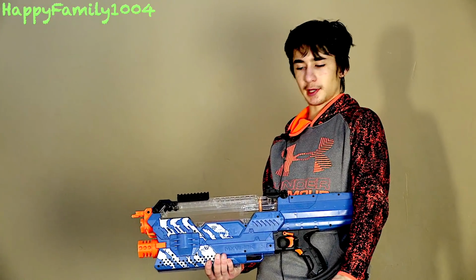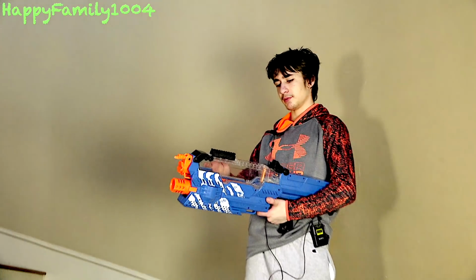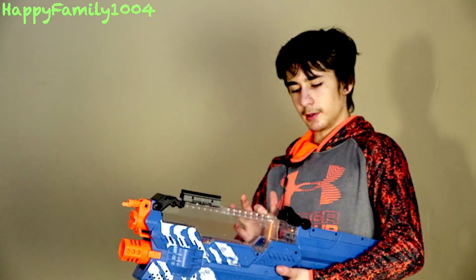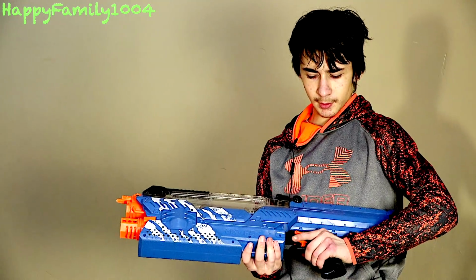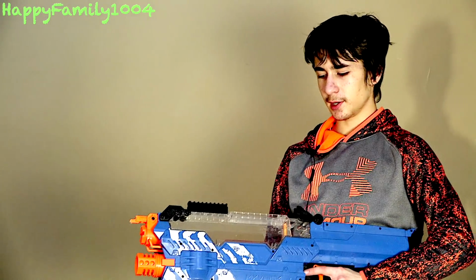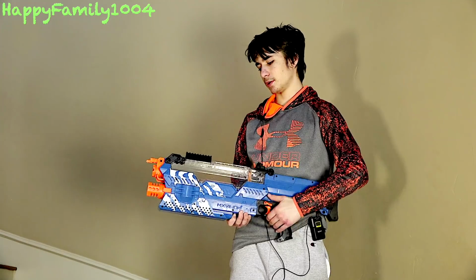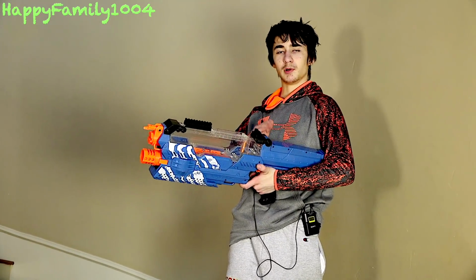So they have hoppers like paintballs. You load the rounds in, the giant hopper holds like 50 or 100 rounds or something crazy. You close the door, put it on fire, you rev the gun up. The rev trigger revs up the flywheels, where the main trigger has a conveyor belt in there which pushes the